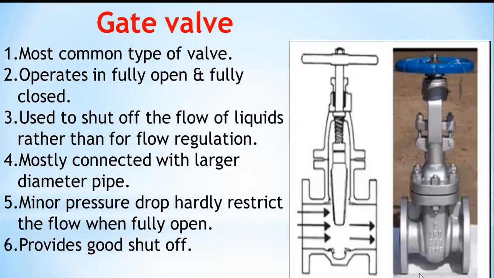and it is usually used with pipes which have a very large diameter, letting a huge amount of flow go through them. Also, this valve is very important because it provides a very good shut off. Shut off means isolation. Suppose you are suddenly told that you have to obstruct the fluid path in a piping system because it is causing a lot of issues in the main process system, or maybe the main operating equipment. Then if you operate this kind of valve, it will provide you a good isolation very quickly, and for this purpose it is used.